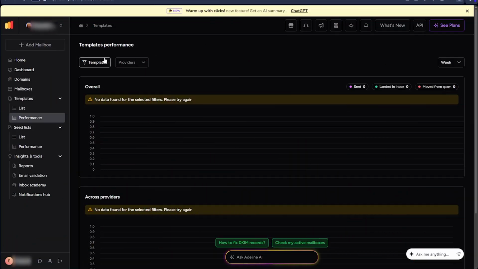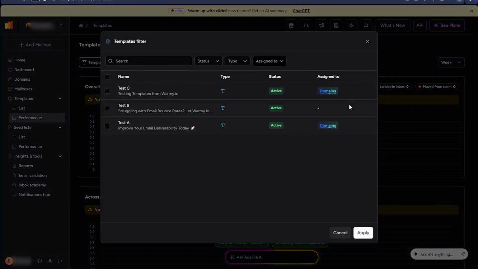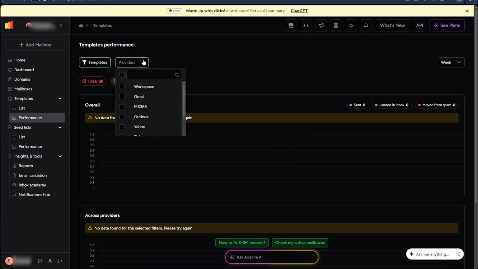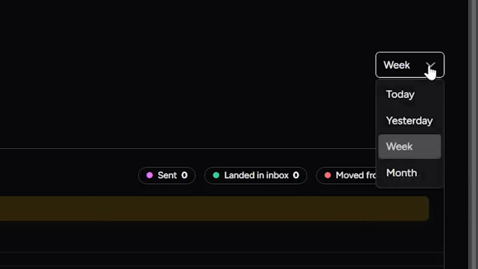across different inbox providers. At the top, you can filter the data in several ways. You can select specific templates you want to analyze, or switch to the provider's view to compare how your emails perform across platforms like Gmail, Outlook, or Microsoft 365. You can also adjust the time range, such as today, this week, or this month, to track how performance evolves